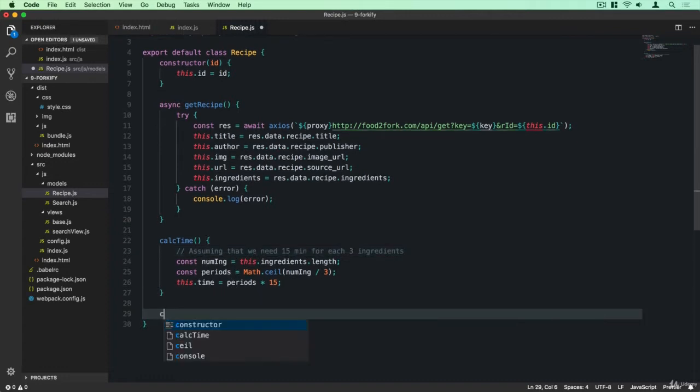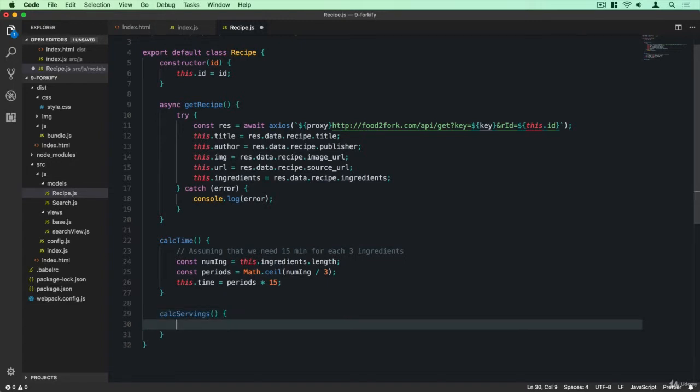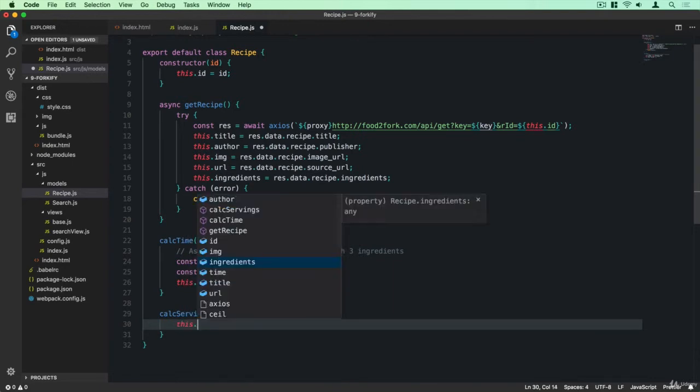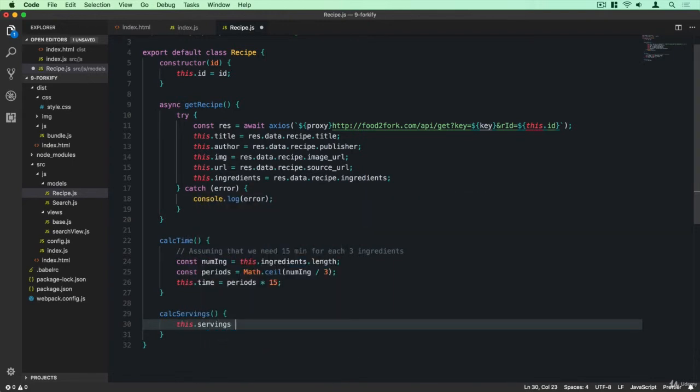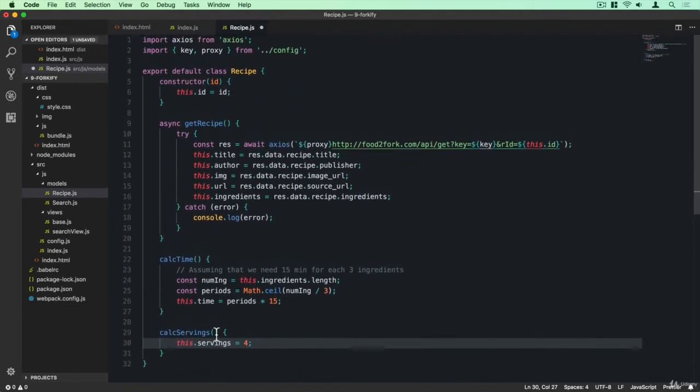And now for the servings, we're actually not going to do any calculations at all. We're just going to say that this.servings is 4. Okay, so again, we could have like a very complex algorithm here trying to figure out how many servings we are based on the amount of ingredients, but that's not necessary at all. We just say that we have 4 servings on each of the recipes. And okay, that's it for our data model. We're going to add some more stuff to it later, but for now this is enough to get us started